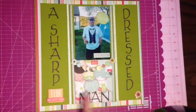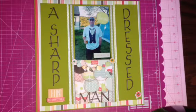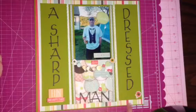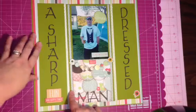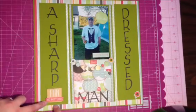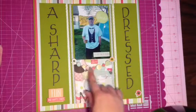I just punched out a bunch of circles. This is the Sweet Day by Echo Park line. So that's the background paper. I punched out a bunch of circles, added him to it. This is just some cardstock. And these were stickers from the line. It says smile, you're one of a kind, love, fun and happy times. And the flowers and the buttons were all on the sticker collection, and I just popped those up, made it